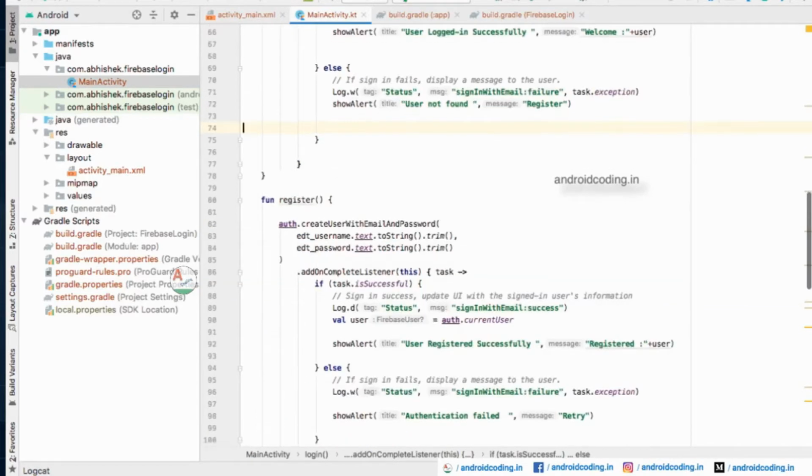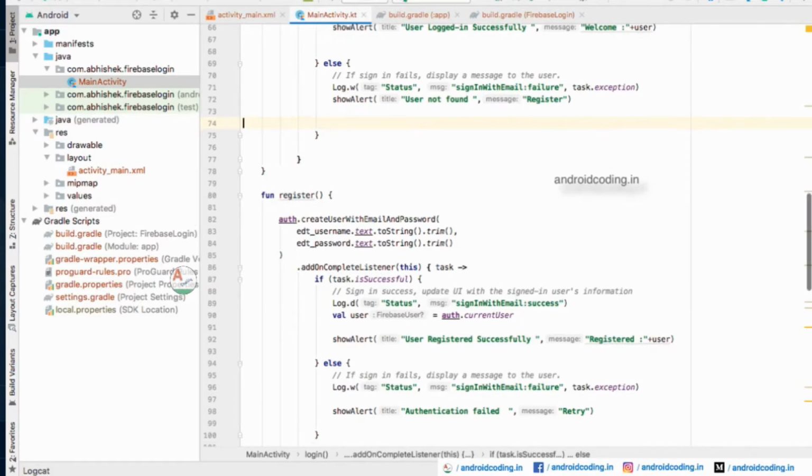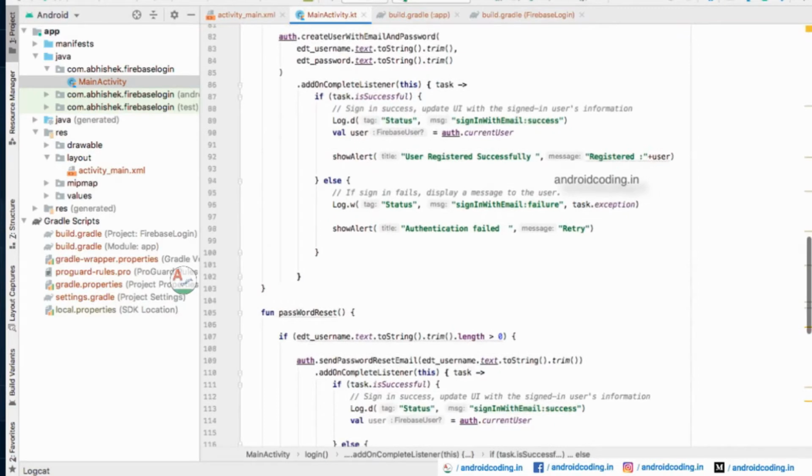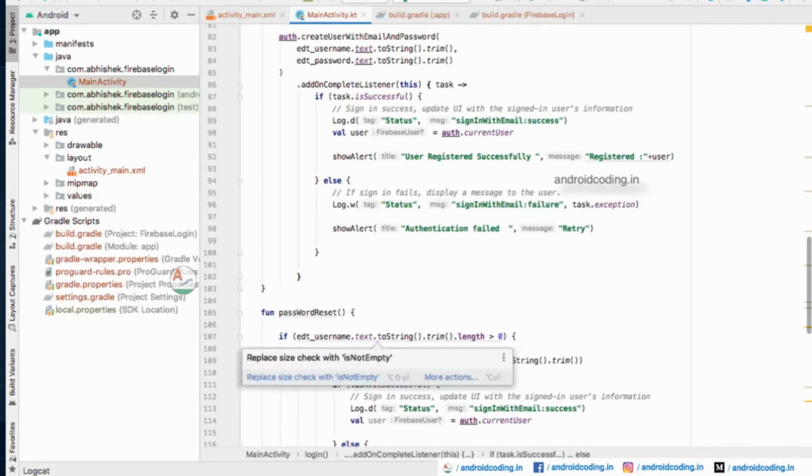And first of all, you need to go through register because you don't have any particular database currently, so you need to make a registration of your user credentials. So here in this state, register, same thing, in place of sign in, you need to make use of create user with email id and password, and the same you will be having a complete listener. So here you may change your block according to your requirements. I have shown some small alert screen.